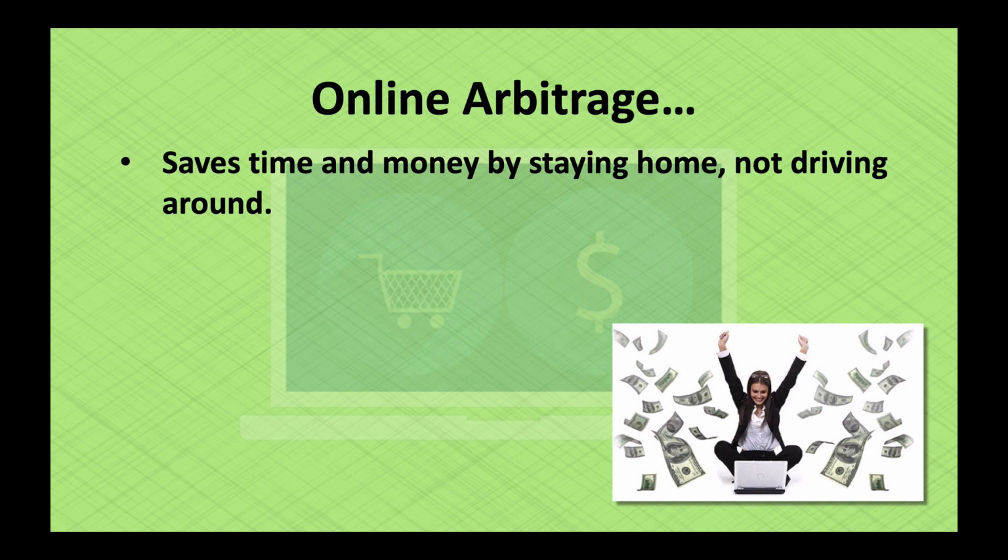that money. Even though the miles that you put on your car when you're driving to do garage sales or driving to do a retail arbitrage trip, those miles are deductible and you can save a bit off of your taxes by that as a business expense. It still puts wear and tear on your car that costs you money over time. And we know personally that we have put over 200,000 miles on Steven's vehicle, because he does a lot of retail arbitrage and was doing a lot of garage sales, and that adds up, and we would rather save